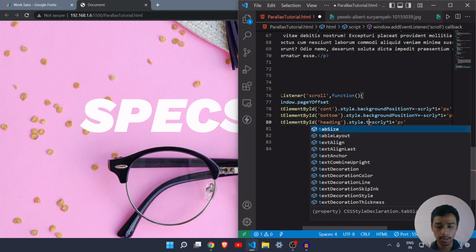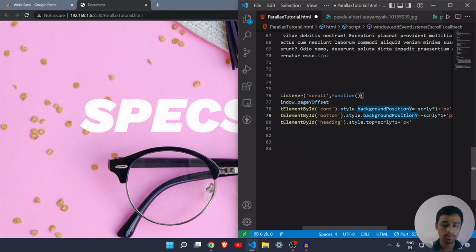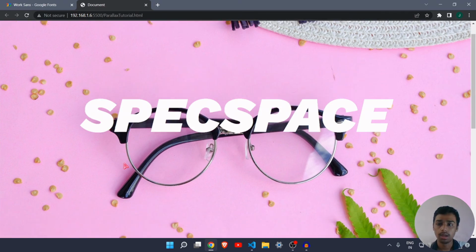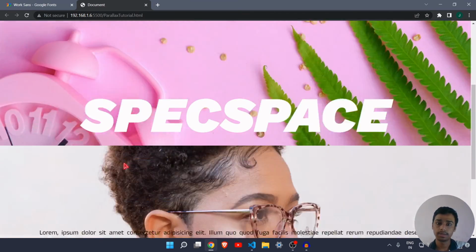So instead of this we will write top. So from top if we want the same effect, and now as you can see it is just stuck in